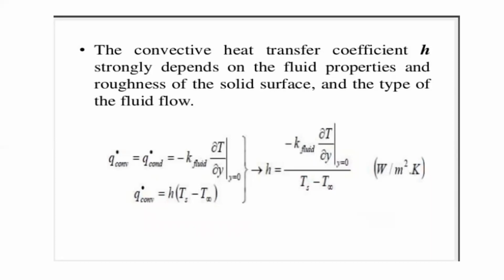So these are the things which you are writing here. These things are not required for you. You can learn the formula for H by heart, or you can write the previous one, H equal to Q by A. You can write it this way also. This is the bigger one. It's not at all required, and you can write H is equal to small q by Ts minus T infinity. We can also write that. So that is what is written here.